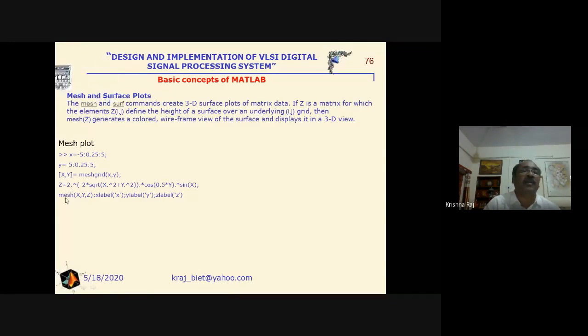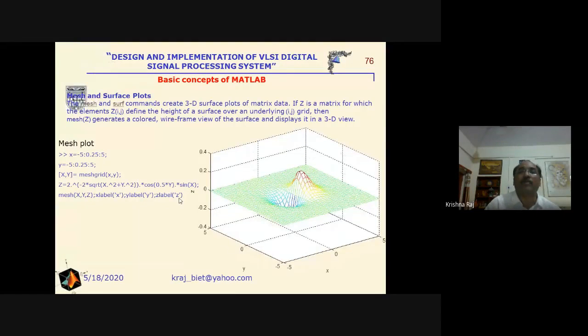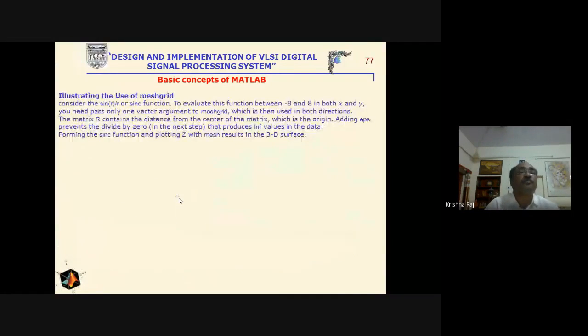And here we will write mesh. We have to use only this command, that is mesh X comma Y Z. Whatever we are interested in writing on the X label, Y label, we can write here, very simple or very long words, whatever we like, on the X axis and the Y axis.